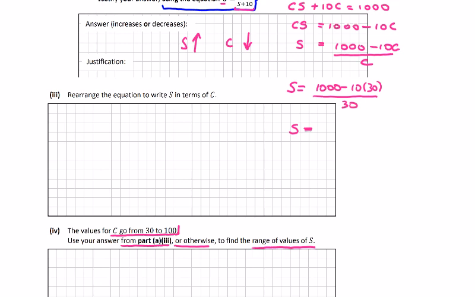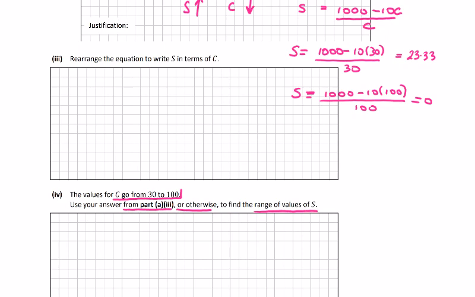And if C is equal to 100, we get 1000 minus 10 times 100, that's 0. So the range of values for S is going to be 1000 minus 300 over 30, 23.33. So S goes from 0 to